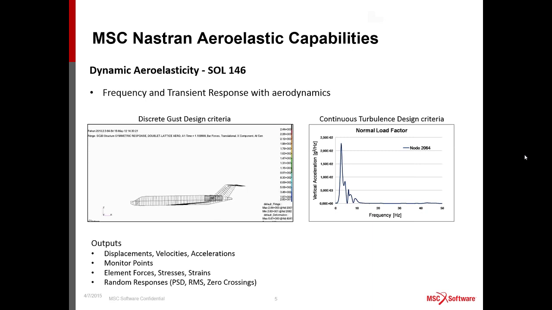Now, what is interesting as well, if we want to perform a continuous turbulence design criteria, we have to follow this criteria if we want to design the aircraft under certification. We have to look at random responses, as for example power spectral density, root mean square, or zero crossing. Those are the random responses that we have in a frequency response SOL 146. Okay,